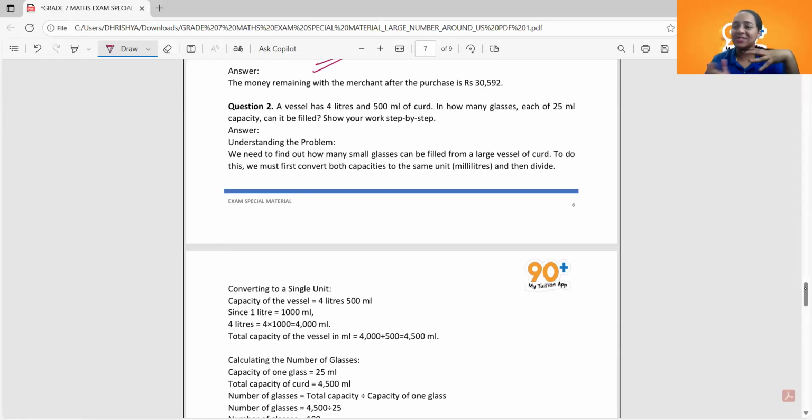Okay, so the vessel has 4 liters and 500 ml. So what is the smallest unit here? ml. So we'll convert everything into a single unit. That's the first step. Capacity of the vessel, 4 liters and 500 ml. 1 liter is, this is very important, 1000 ml. So 4 liters will be 4 into 1000, 4,000 ml. We have 500 also. So 4,000 plus 500 will be 4,500